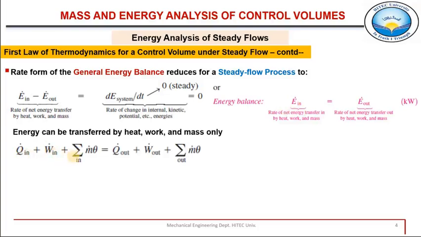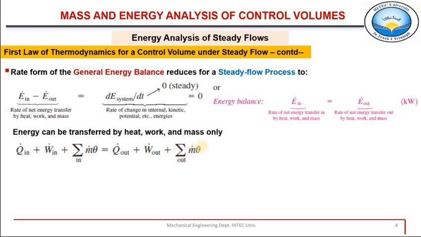Q dot in plus W dot in plus the energy of the mass. So energy of the mass consists of a number of parts. Here this theta is actually the summation of all the energies of this mass. There could be more than one inlet, so that's why here is the sigma for all inlets. So we have to add the masses and their energies from all the inlets. Similarly, there could be more than one outlet, so summation of all the energies of the mass which are leaving